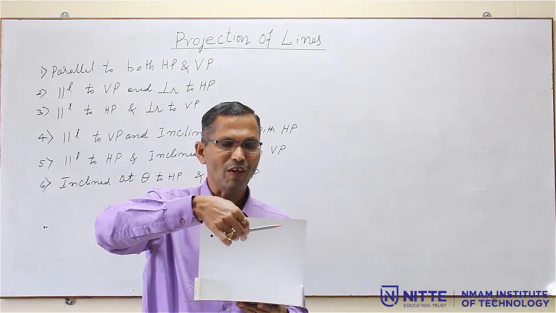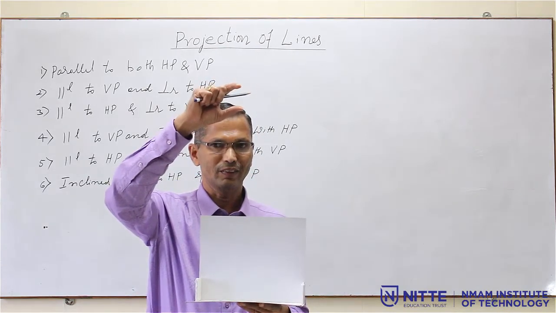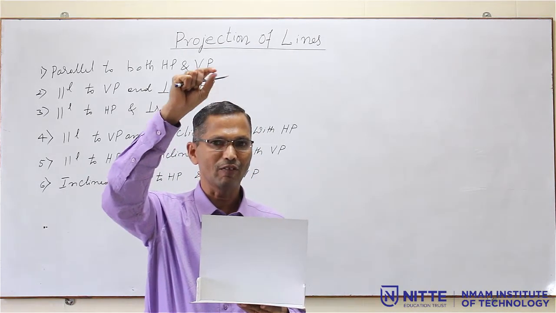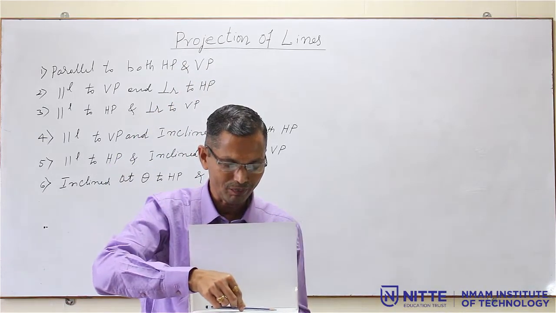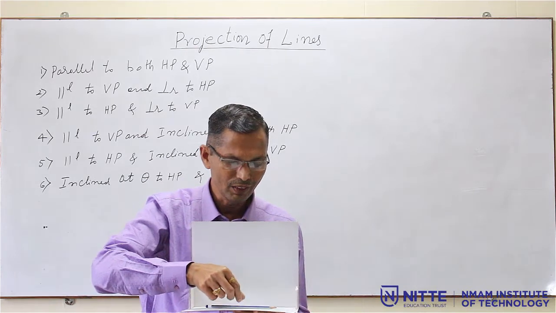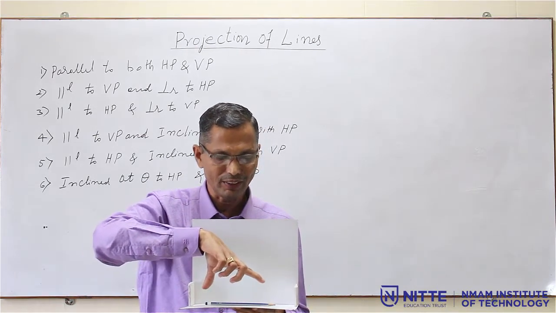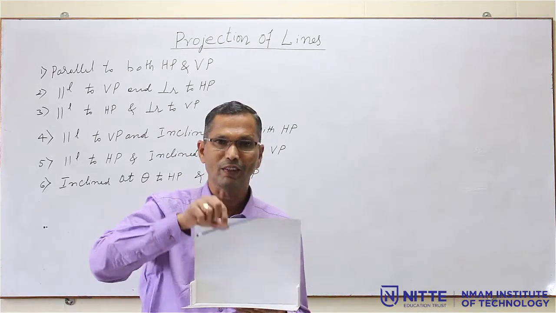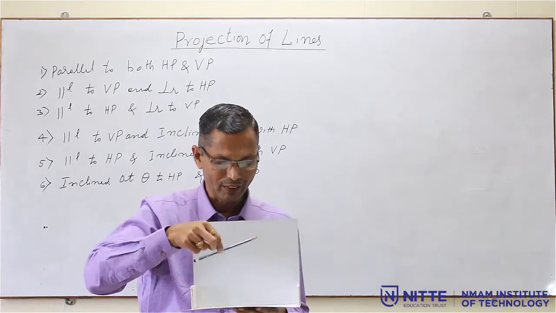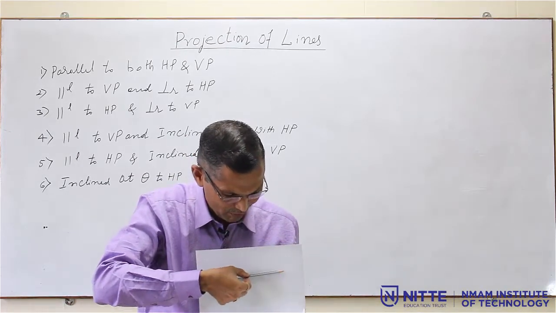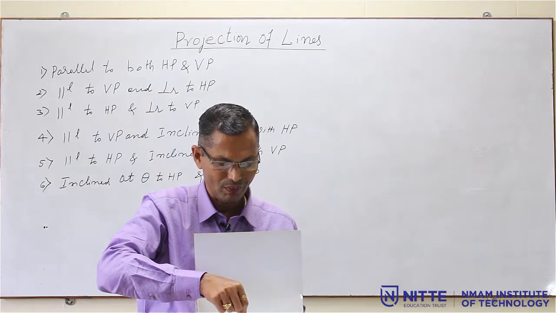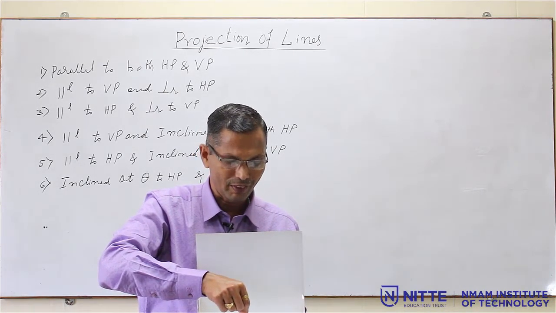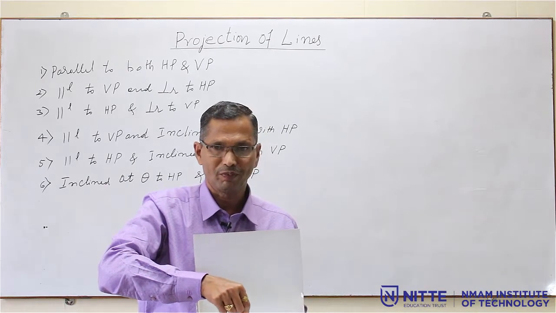Similarly, if I put a light above, which will produce parallel beams of light, and you switch it on, then one more image will be formed on the ground like this. Once again, what is the length of this? The length is equal to 100 millimeter, the actual length of the line. The image formed here we call the front view, and the image formed on the ground or horizontal plane we call the top view.